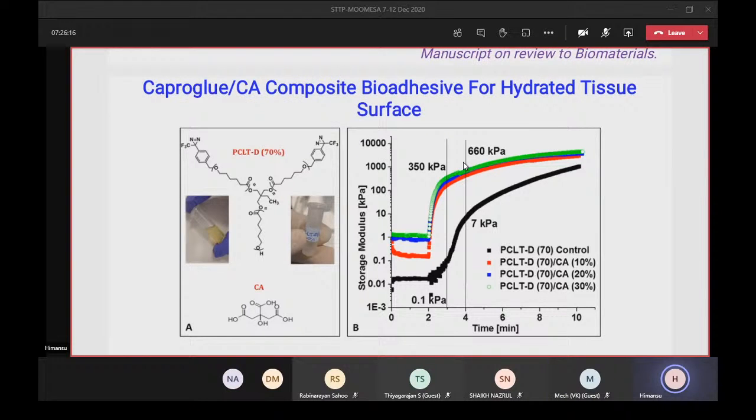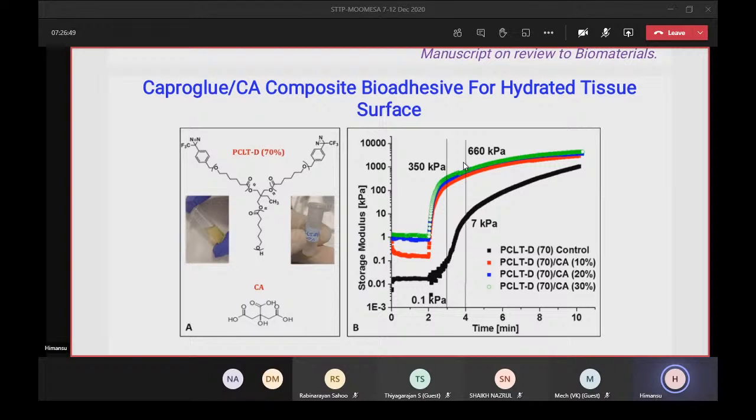So the capro glue, this is what we call a capro glue, and previously we called it a volta glue, because it can be activated by a minimal amount of voltage, like 2 to 5 volts. Or we can say photo glue, from the light. And also it is like a capro glue. Why? Because it is derived from caprolactam, because polycaprolactam trial is a liquid based formulation where we are adding citric acid and creating a combination chemistry,